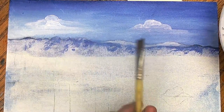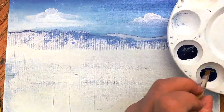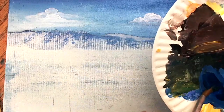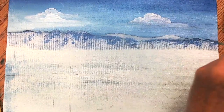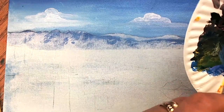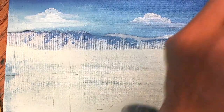So I'm going to start painting the mountains, and I'm going to use my round brush, and I'm going to use the ultramarine and white. So it's sort of a purpley color. I'm going to mix that together. You can also put the violet in there. It really just depends on what shade you want for your mountains. I'm going more purple,